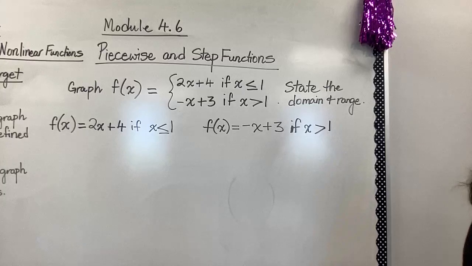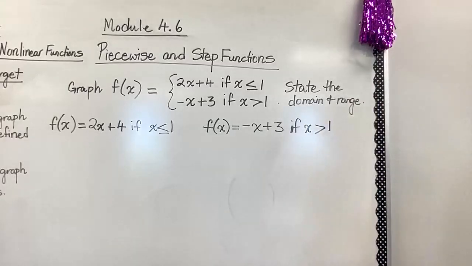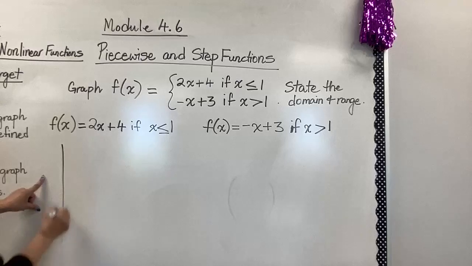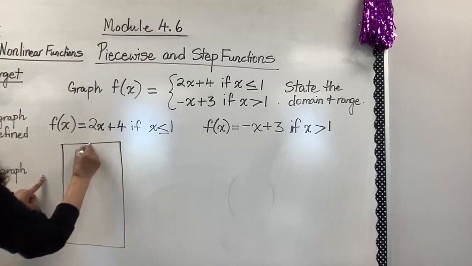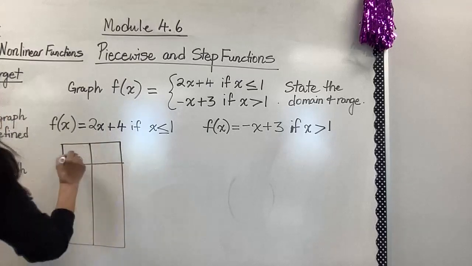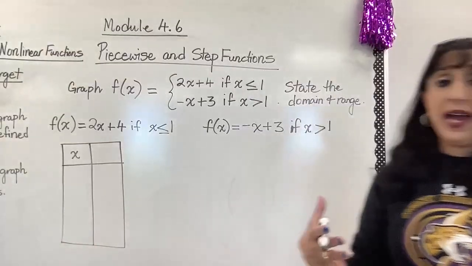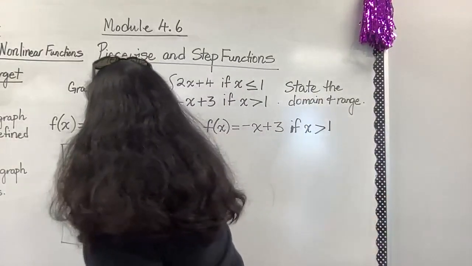So I am going to go ahead and create a table for each of these, and then I am going to graph it. So for this one, we are going to say what is x and what is y, or x and f of x. If I have a table drawn out for this one, I'm just going to say x, and we know that f of x is y. So I am going to give values